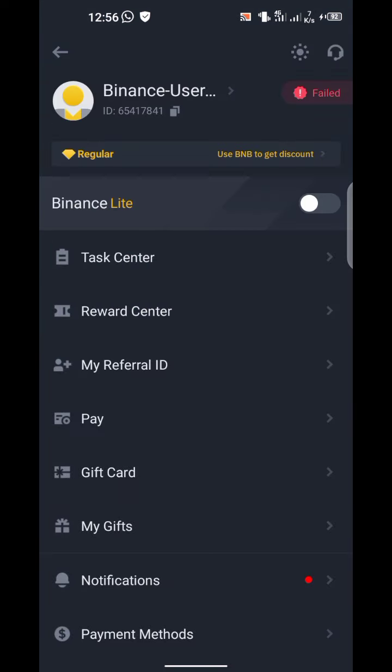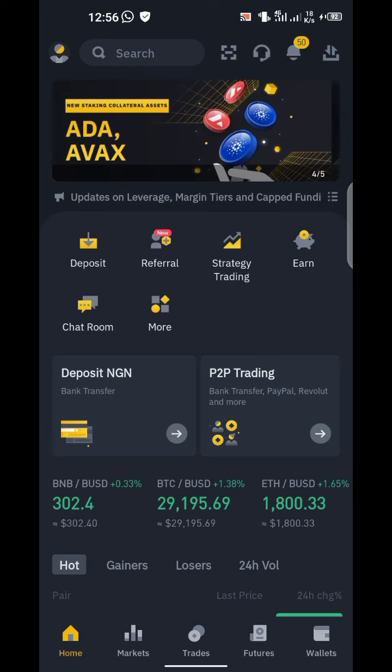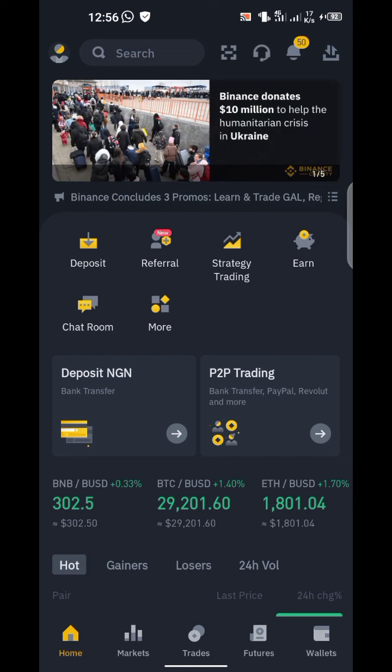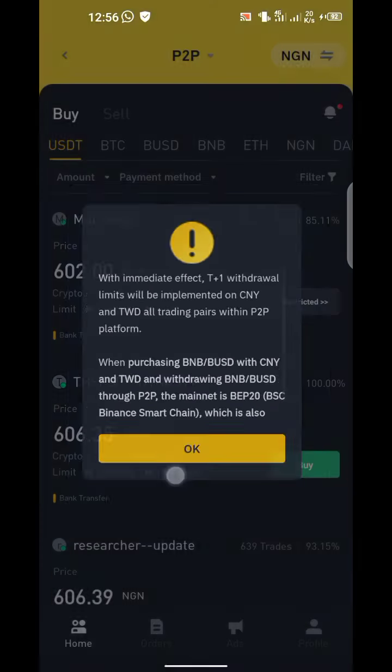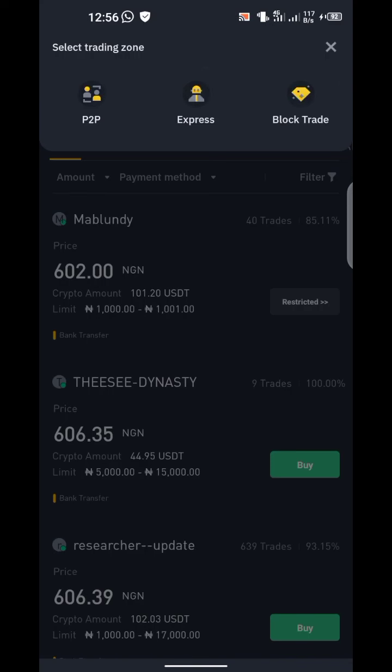Okay, so now let's proceed. Once you've done your KYC, which means know your customer, then you want to make your first deposit. So go to P2P trading right here on your home screen. Go to P2P. One thing you want to ensure, let me start from the top center of the page where you see P2P. So we're on the P2P page, but there's also Express. Express is also P2P, but it's faster in that it allows you